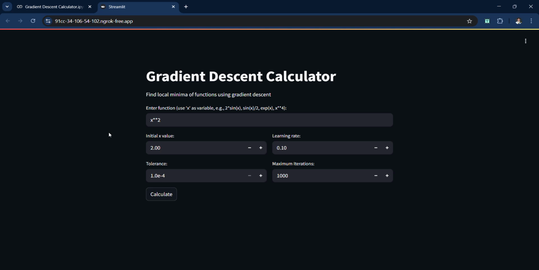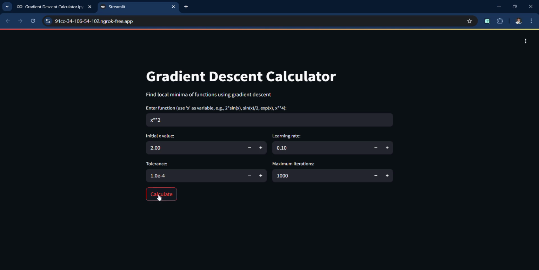Now for sample usage, first we will input a quadratic function like x squared. We will set our initial value to 2, the learning rate to 0.1, the tolerance to 10 raised to negative 4, and the max iteration to 1000, to get the exact minimum point.